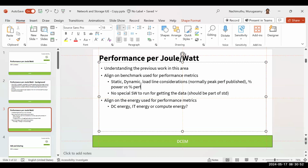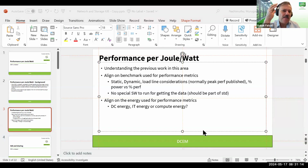But SPECpower is a 2008 benchmark, right? That's 16 years old. And yeah, there have been articles published that show that JBB is not really representative. We did this back then in 2012 when we introduced our own workloads, CloudSuite, we already evaluated JBB, and JBB is questionable as a benchmark. But I want to make sure that we're on the same page as far as